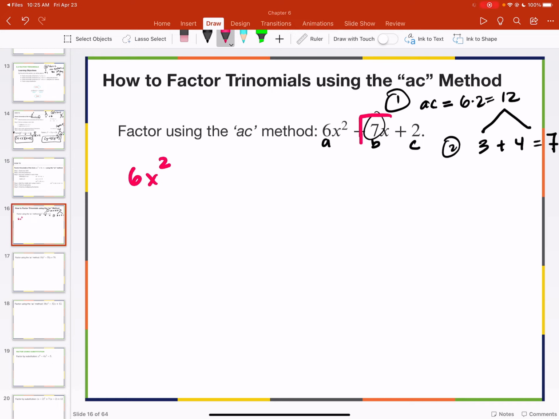So instead of 7x, this is where these two numbers come into play. I'm going to rewrite 7x as positive 3x plus 4x. Okay? This is because it doesn't lose the meaning, right? 3x plus 4x is still 7x. And then I'm going to bring down this plus 2. The reason we do this is because we're going to factor by grouping,